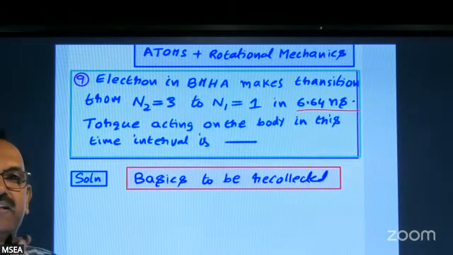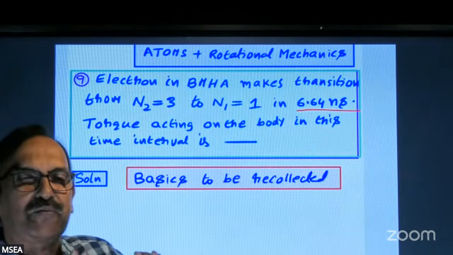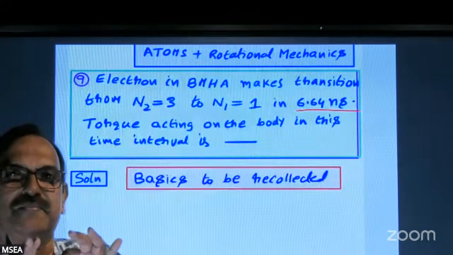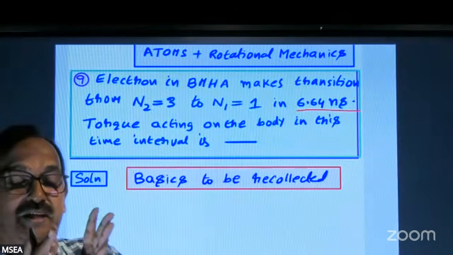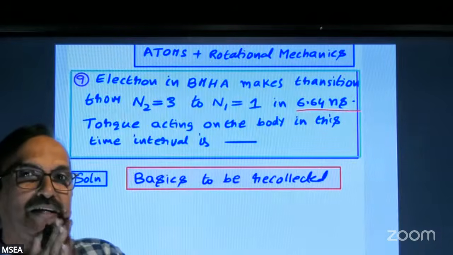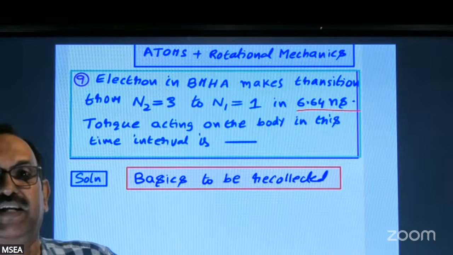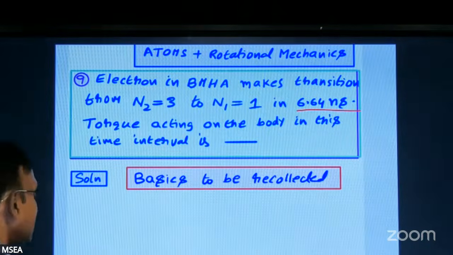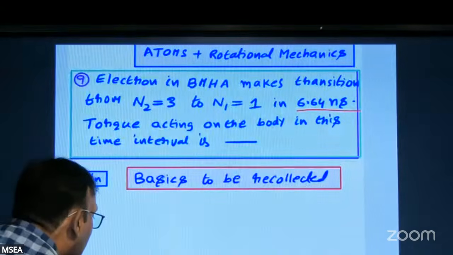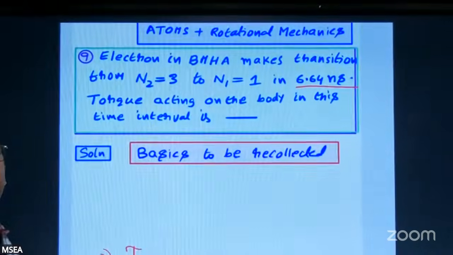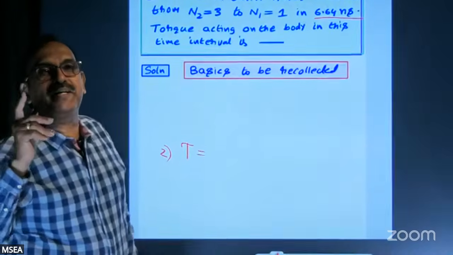For example, suppose we have never done this particular question in our life, whatever the reason, and the question has come fresh in the entrance exam. Do we get afraid? Definitely not. That tension will be there for everyone, but you control yourself and think. He is talking about torque. I am writing the second step first here. In what way is torque defined? Torque is defined as the rate of change of angular momentum.